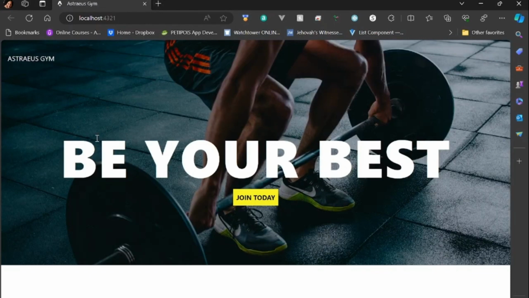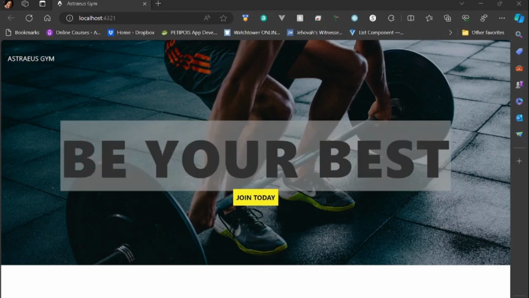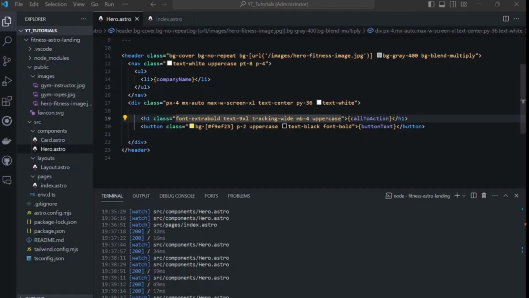There we are. So we see that we have the hero image, and we have the call to action, and the button has the join today and the right color for the image, and up here we have the logo or company name, which we will change to bold. And let's go back to that. So we will change that back to bold, and